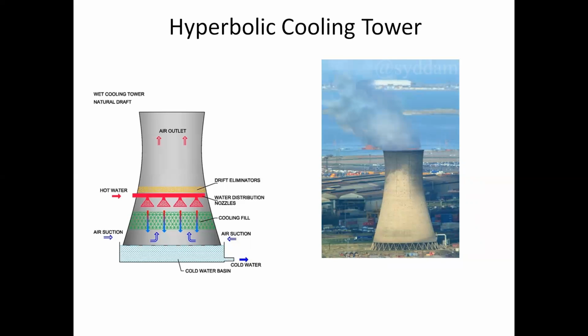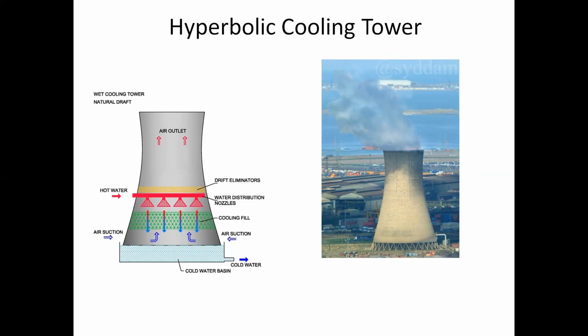which comes out from the turbine. टर्बाइन से जो स्टीम बाहर आ रही है उसको ठंडा करने के लिए हमने जो वाटर यूज किया था, that becomes hot and that hot water again and again should be supplied to the condenser. So इसीलिए हमें कूलिंग टावर की जरूरत है. तो कूलिंग टावर में जो हॉट वाटर यहाँ पे स्प्रे किया जाता है, you can see the hot water is sprayed inside this cooling tower.